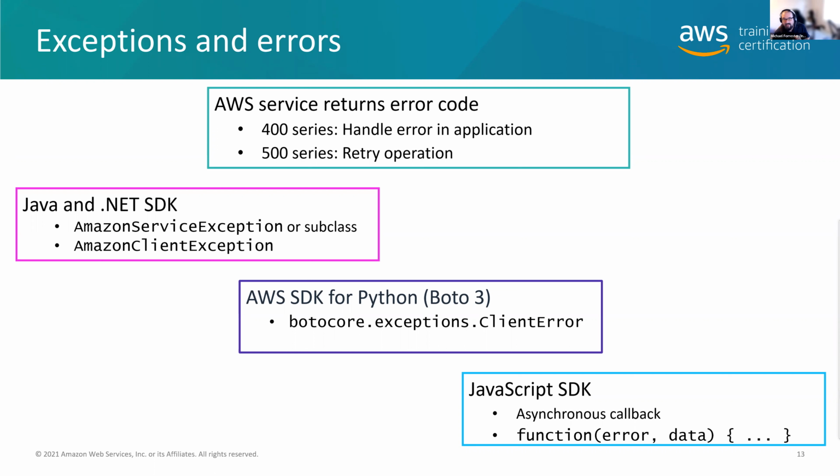Java and the .NET SDK are going to throw standard unchecked exceptions when errors occur. So you're going to get com.amazonaws service exceptions, and you're either going to get service exceptions or client exceptions. Obviously, if it's the client exception, the error occurred in your code, or whoever's running the code. If it's a service exception, then it's going to be on the service side. The .NET SDK does the same thing. Boto throws the client errors, in case of client errors. And then JavaScript,